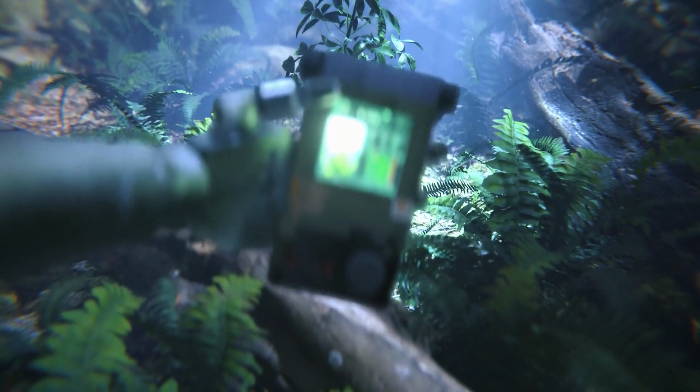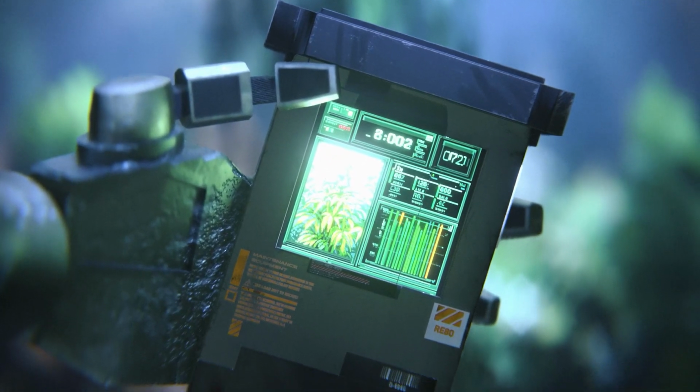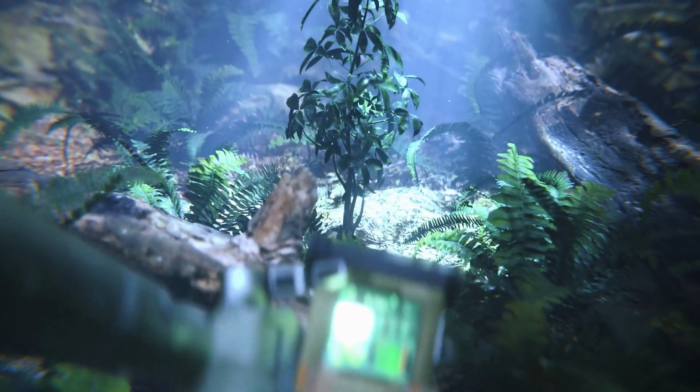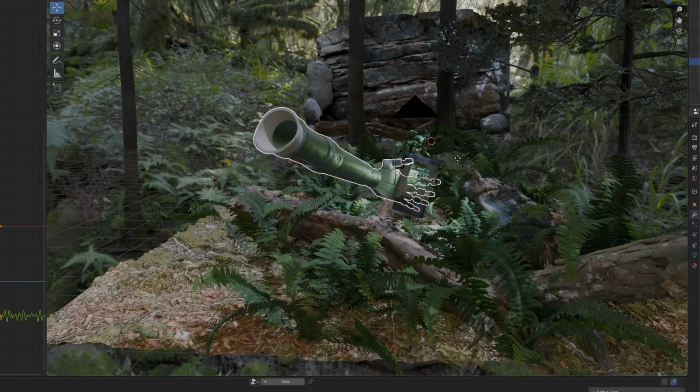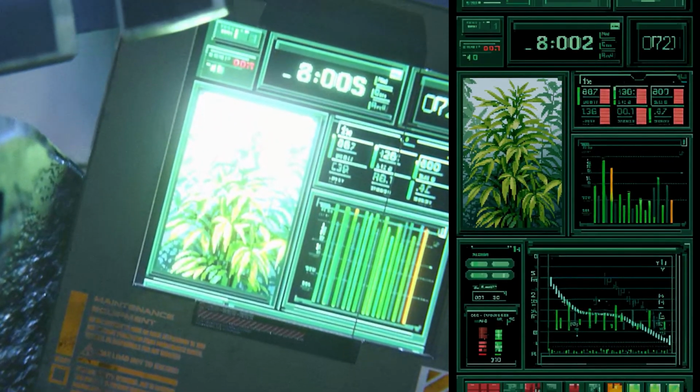Ever wondered what it would look like if a Game Boy could scan alien plants in the forest? I built a retro-futuristic plant scanner, think Sony Walkman meets Game Boy, and rendered it entirely in Blender's Eevee using free assets. Let me show you how I built it, from modeling to animated UI to final grade, so you